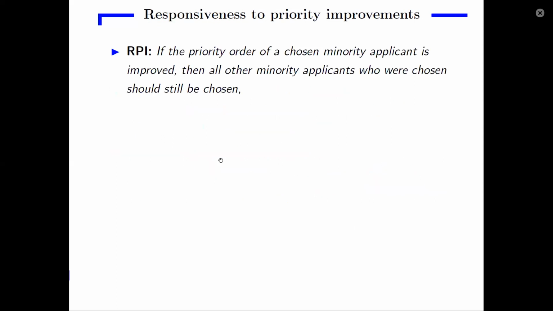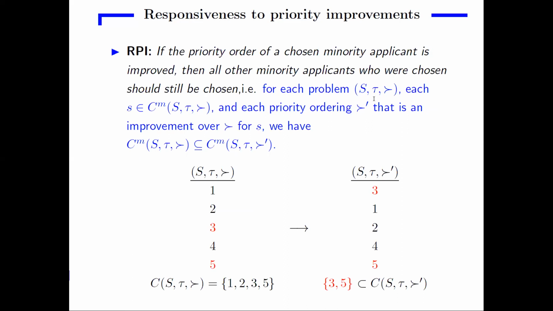The first responsiveness axiom: responsiveness to priority improvements. In words, if the priority order of a chosen minority applicant is improved, then all other minority applicants who were chosen should still be chosen. A little bit more formally, for each choice problem, pick a student S who is a chosen minority in that problem. Then imagine any priority ordering in which student S has a higher priority, is doing better in terms of his exam score. Then it must be the case that the previously chosen minorities are preserved to be chosen in